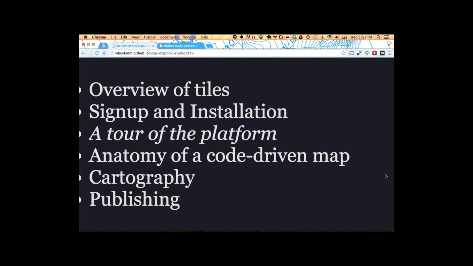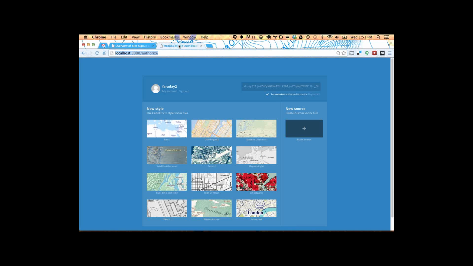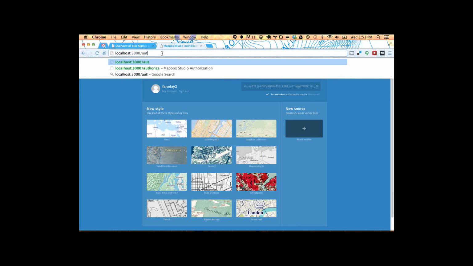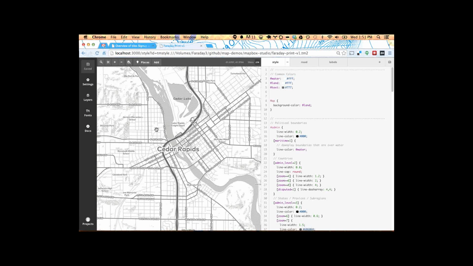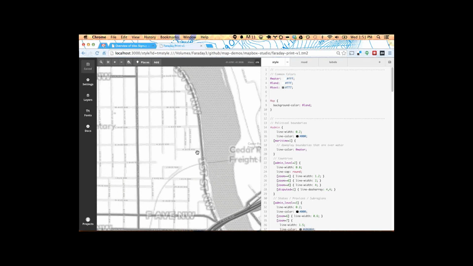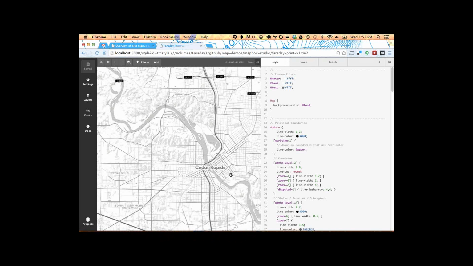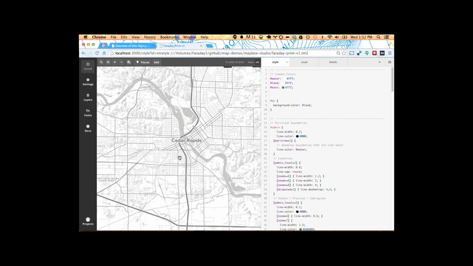For those of you who used TileMill before, it's going to seem kind of familiar, but with some definite new and potentially confusing features. I'll just go back to the original window here. So this is Mapbox Studio. We'll go through each of these features individually, but just first the big things. Here's your map. This is always going to be a movable dynamic map. And what's cool about it,